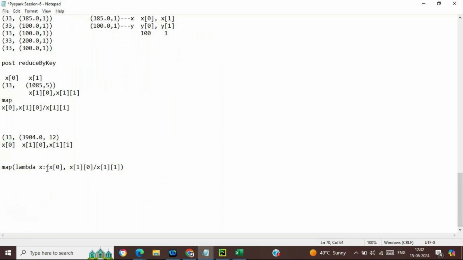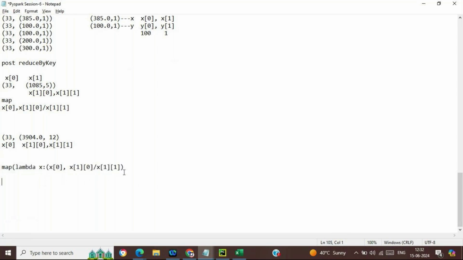So we got the outcome in this particular way. This is x of 1 and sub-indexing is there. This is the 0th element in this tuple, and this is the second element. So with respect to indexing it will be first. Over here we are going to divide this, and then we will be able to get the average number of followers on a particular age.